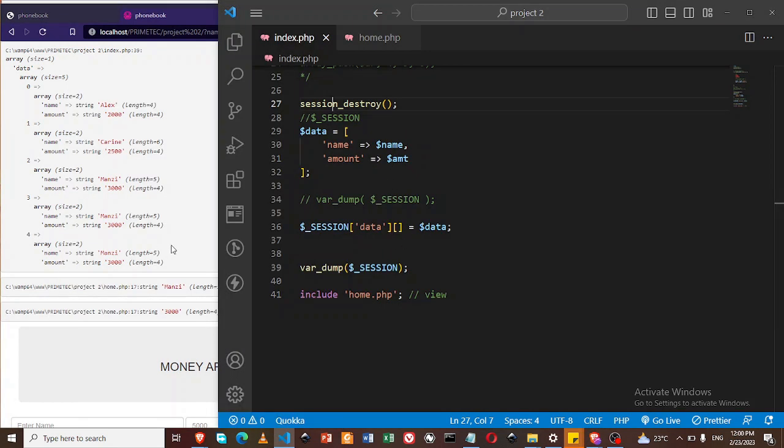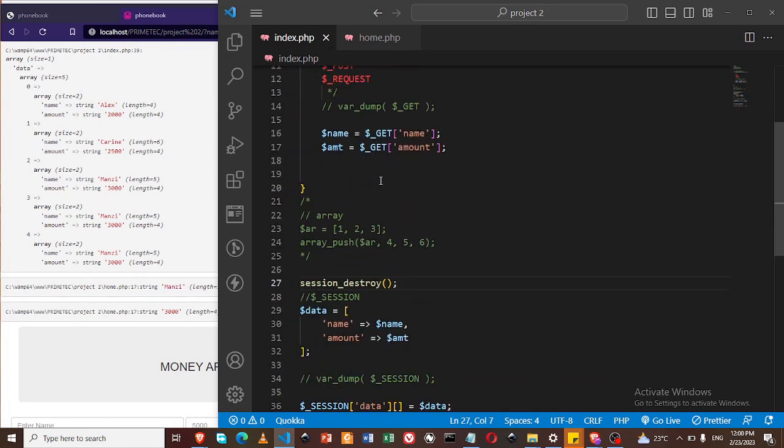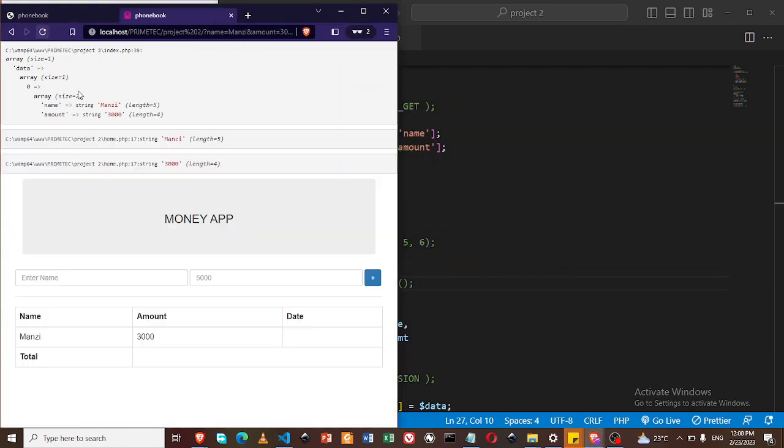And now let's use post. If we use post, even if we refresh, it's going to give us that. Anyhow, I think let's move this, and it's going to start back from Manzi. We add Alex and we get 2000, and we find